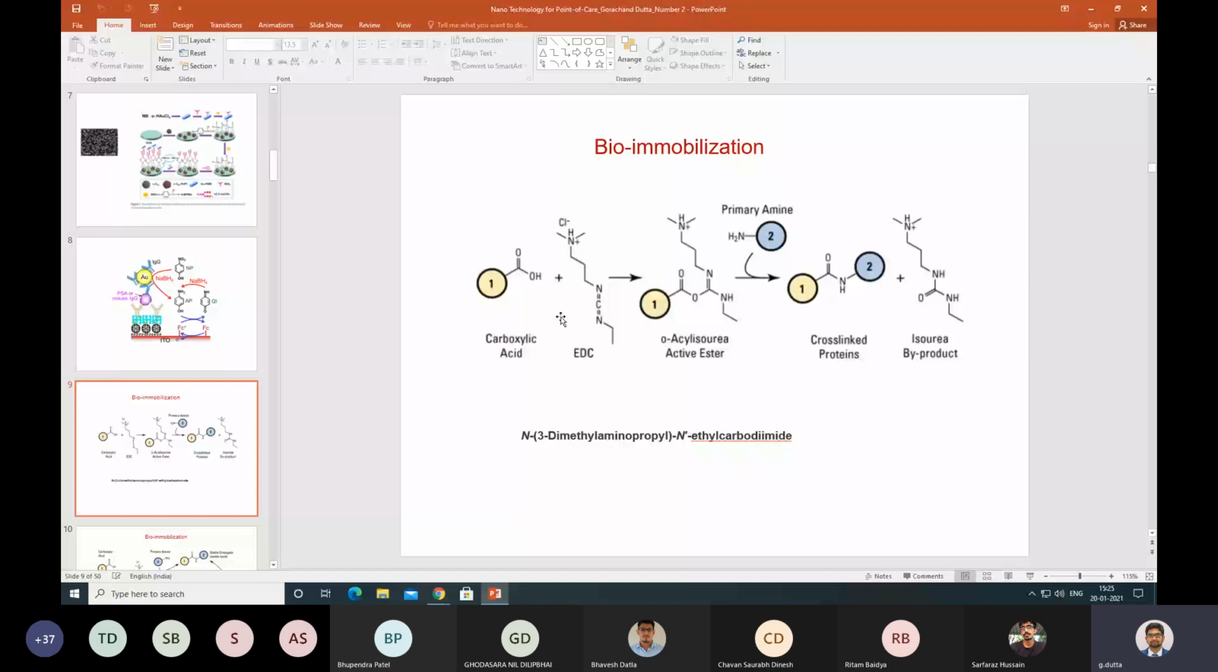So you can think about why I am using the EDC. Instead of using the EDC, you can just mix the carboxylic acid, number one, and the amine, number two. They can react together, right? And one and two can combine. Actually, this reaction is thermodynamically feasible,